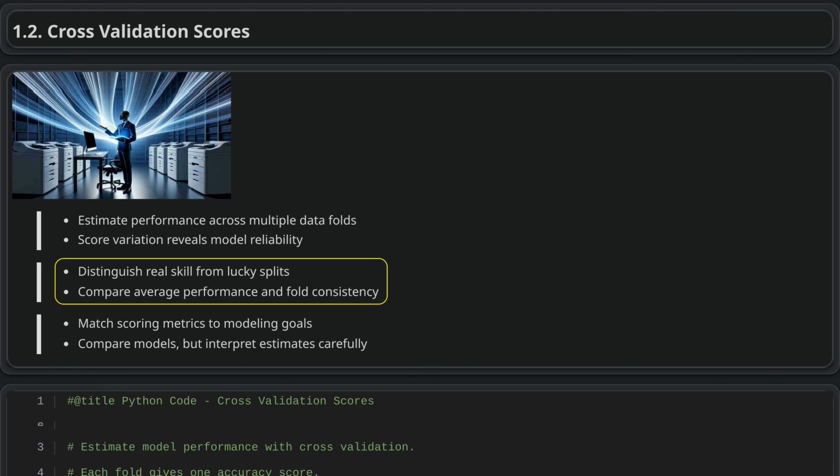Cross-validation helps show whether a model's performance is truly reliable or just the result of a lucky train-test split. By testing across different data subsets, it reveals both the typical score and how stable that score is. A model with slightly lower but consistent results may be more trustworthy than one with a higher average score that